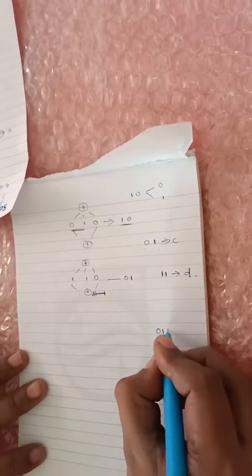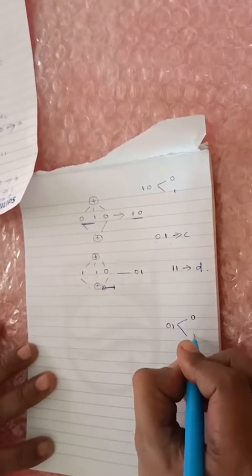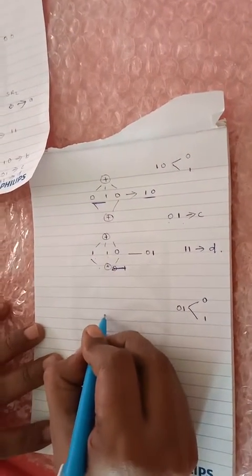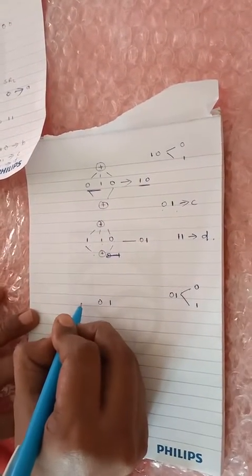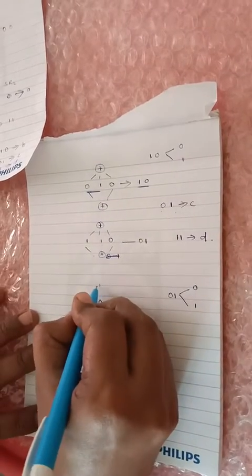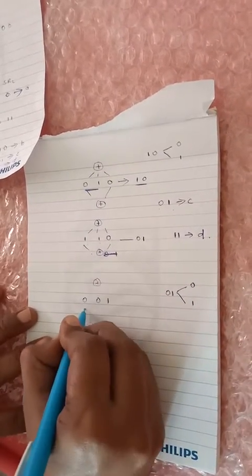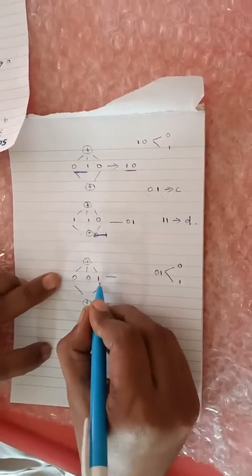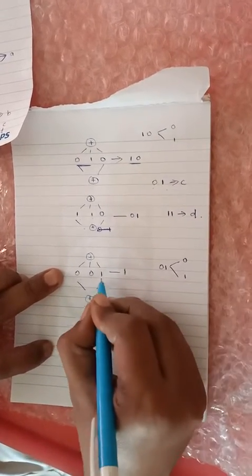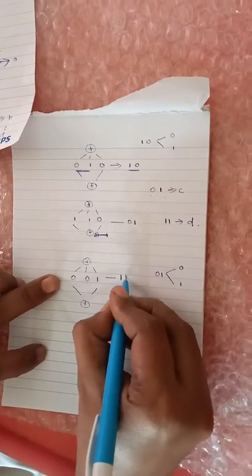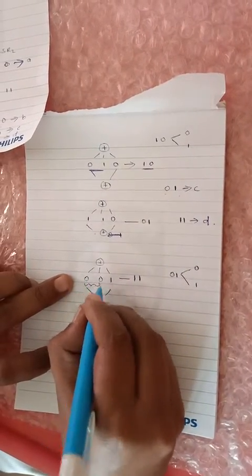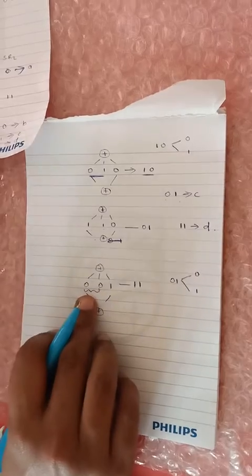Now again the next combination for C state we have to take, right? So for 0 1, the message sequence will be 0 and 1. So for these two combinations we have to try out. So now what happens? 0 1. So what is the first sequence? It is going to be 0. So here it is a modular, here it is a modular. So now what we have to do is, for the first one, all the three combinations will be taken. So now 0 XOR 0 XOR 1. So the value is going to be 1. And here 0 XOR 1, the value is going to be 1. So your C state is going to be moved on to your A state. 0 0 is nothing but your A state.